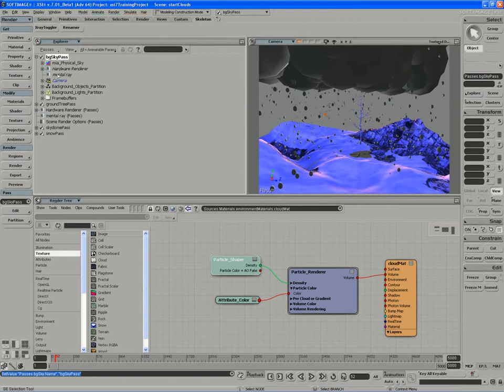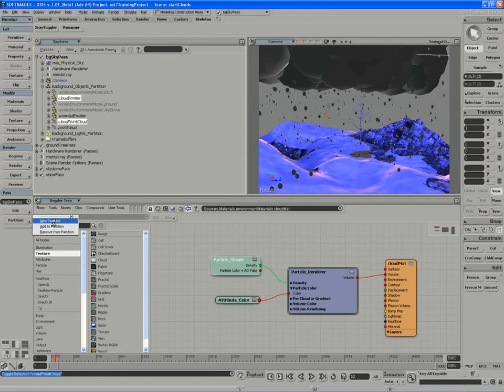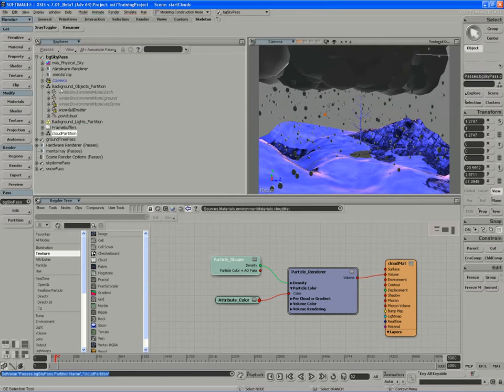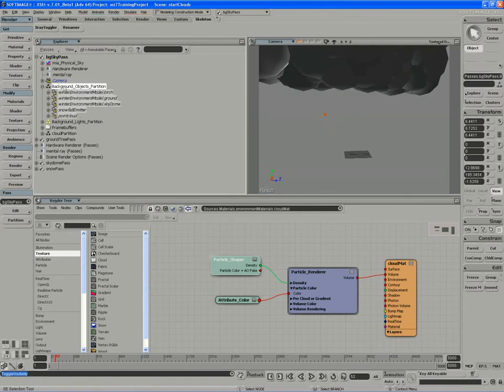So I'm going to go in and access all the items from the background objects partition. I'll take the cloud emitter and point cloud objects and partition them off. Call it the cloud partition. And I'll hide the contents of the background objects partition. So I have something like this. If I draw a render region,